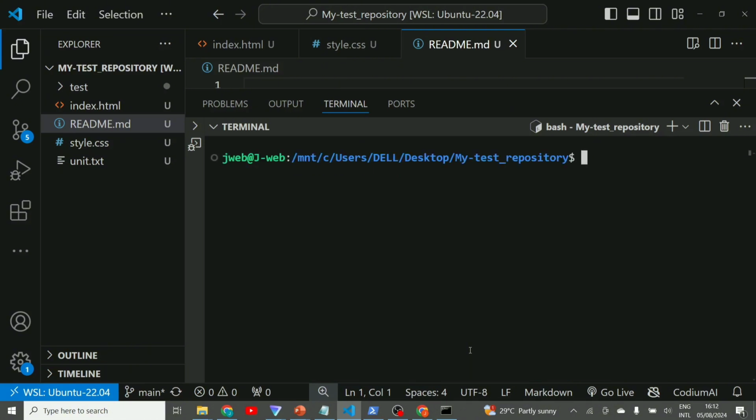So the next thing I want to do is use the command git push, and git push is going to help us move the files from our local computer. Now after we've committed them, the files are in the possession of Git, so we can now push them to the remote. So I'll do git push. If I hit enter,